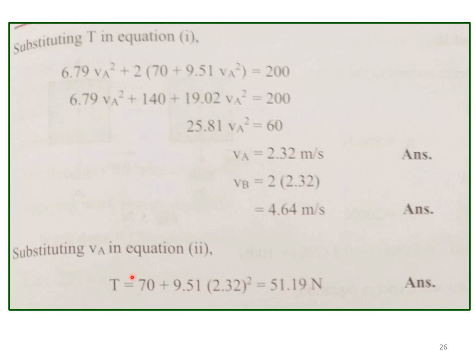And after getting the velocities of the blocks, you can substitute in any one equation to get the tension in the string. So in this problem, please note that the velocities of the blocks are different here. Therefore, we consider the free body diagram of each block separately in order to analyze the system. If the velocities are different for each of the blocks, then you have to draw the free body diagram of each block separately and apply the work energy equation. That is the difference in this problem.